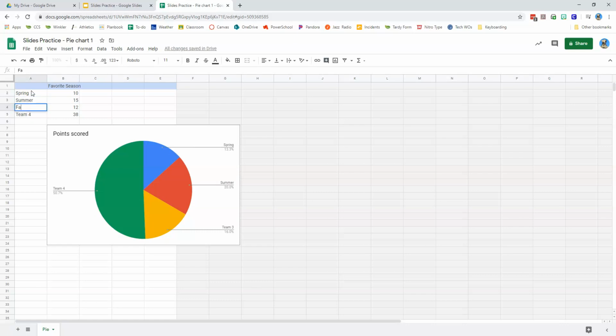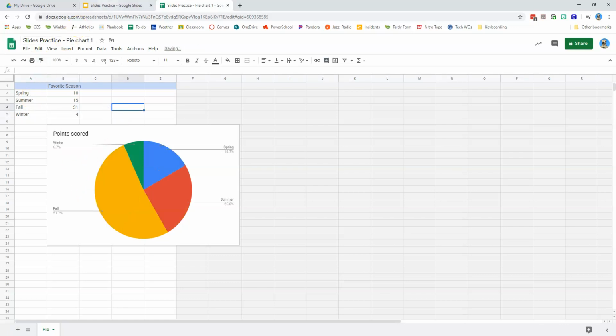A4, we're going to change to Fall. B4, we're going to change to 31. And A5, we're going to change to Winter. And B5, we're going to change to 4. So now we've got our pie chart, and we can go ahead and close out of our Google Sheet here,